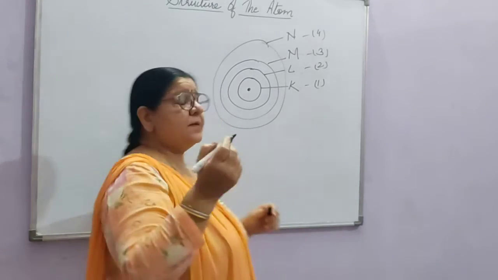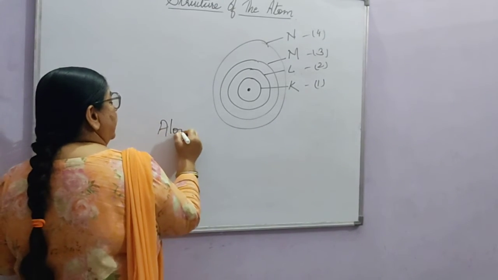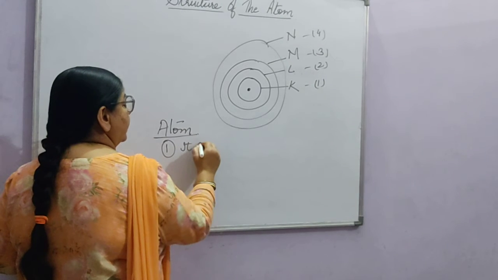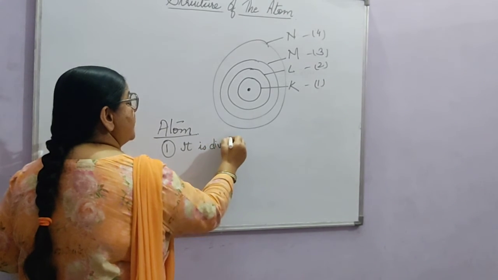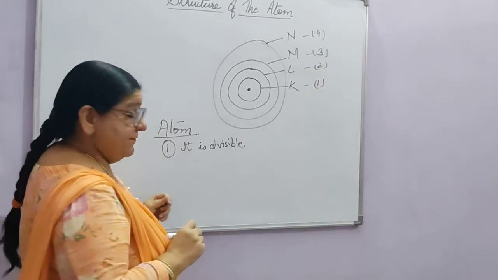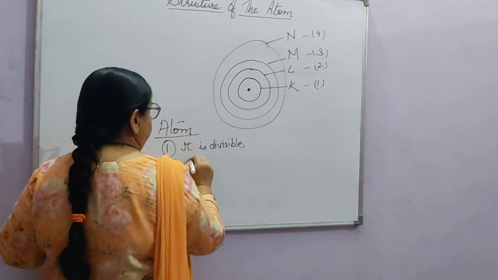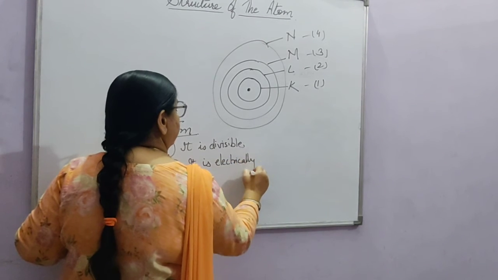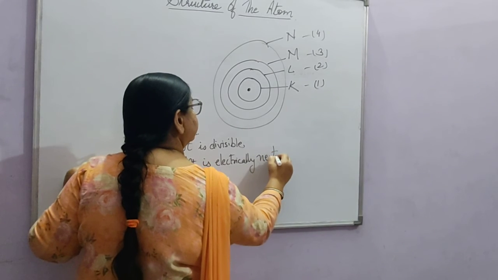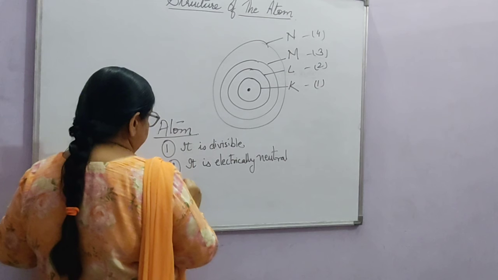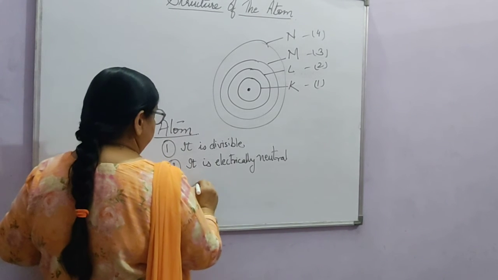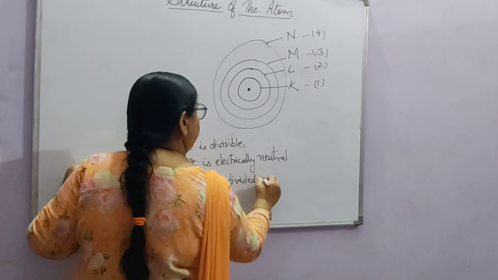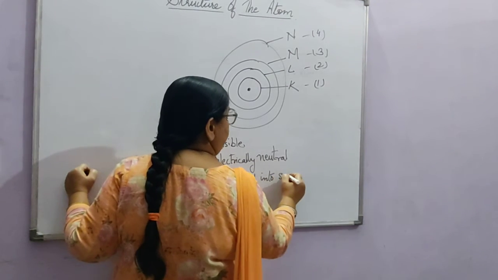Till now, what we have learned is that atom, first of all, is divisible. It is not indivisible. It is divisible and it is electrically neutral, right? Then it is divided into subatomic particles